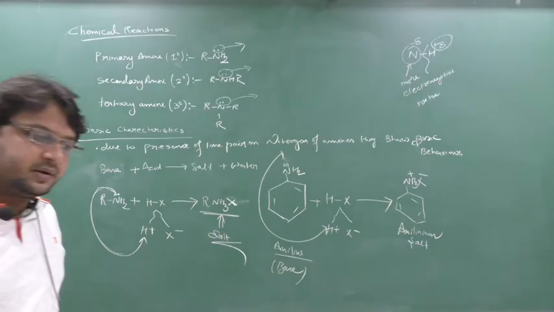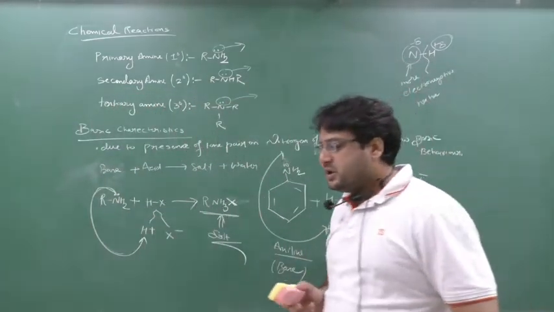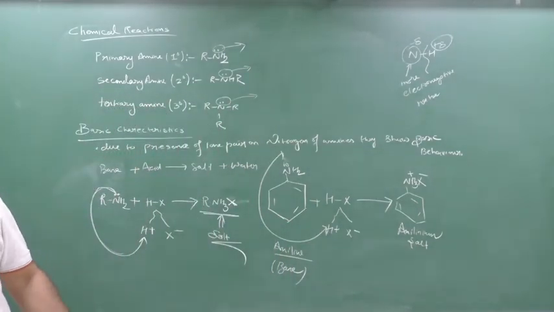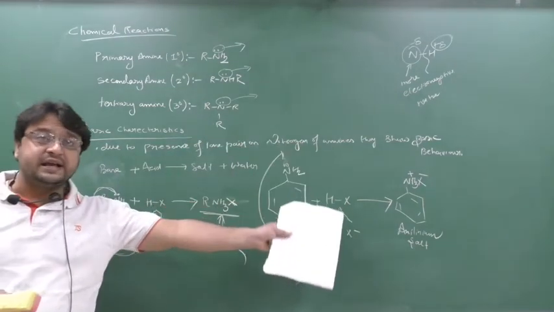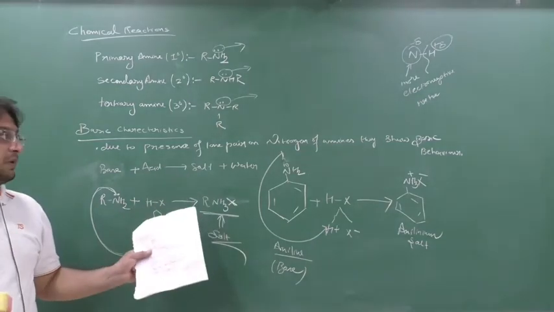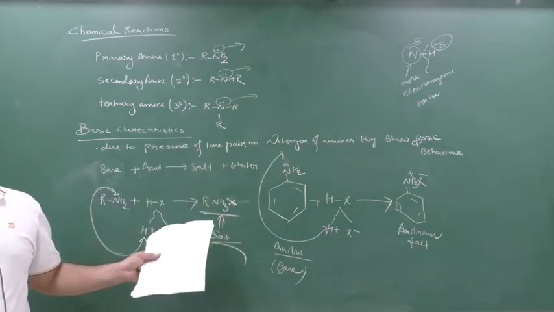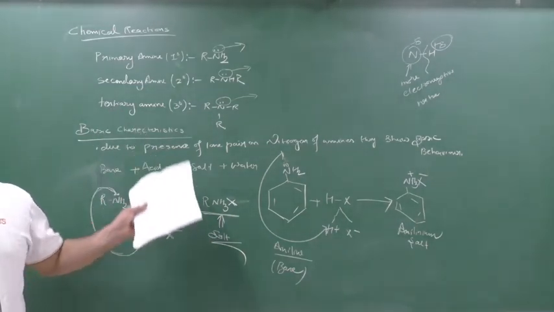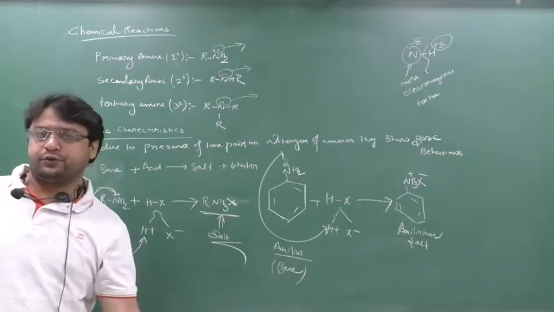Initially I told you that the basicity or the chemical reactions of amines are due to two things. One, there is a presence of an acidic hydrogen. Another, there is a presence of lone pair. So here they are showing the chemical reaction due to presence of lone pair, because it can donate. When it can donate the lone pair of electrons, they are acting as a base as well as the nucleophile. So here amine is showing the basic behavior by donating the lone pair on the nitrogen.